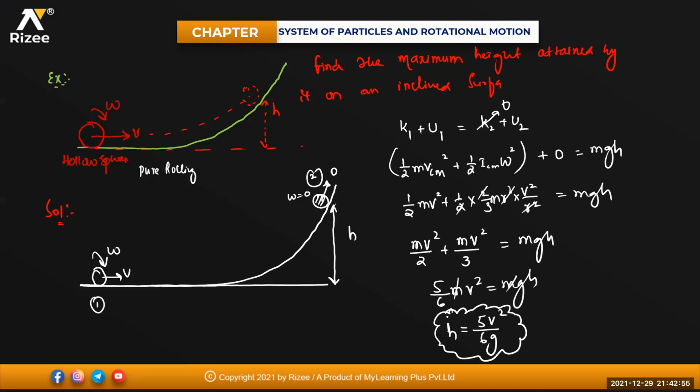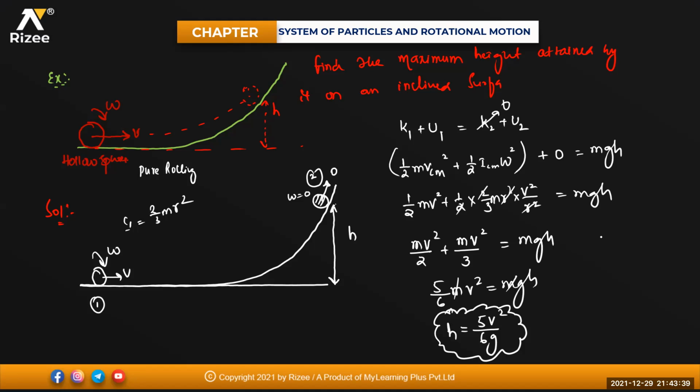We need to calculate it. So for that, what I did is I applied the law of conservation of mechanical energy. So total initial energy at the first position must be equal to total energy at the highest position. Total energy means what? Kinetic energy of the initial position plus potential energy at that position. Clear? And kinetic energy at the highest position, potential energy at that position. Initially it is rolling and translating, so it is half m VCM square plus half I omega square. Initial potential energy is 0. Final kinetic energy is also 0, and final potential energy is mgh. And you know that the moment of inertia for the hollow sphere is I equal to 2 by 3 m into r square. That's why I have substituted that. So 2 and 2 will get cancelled.